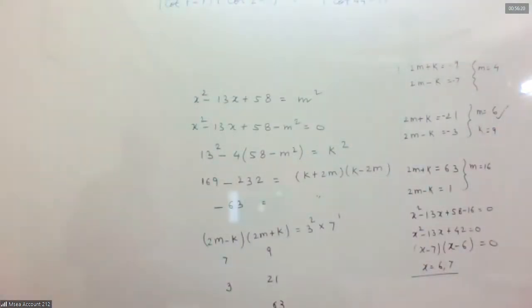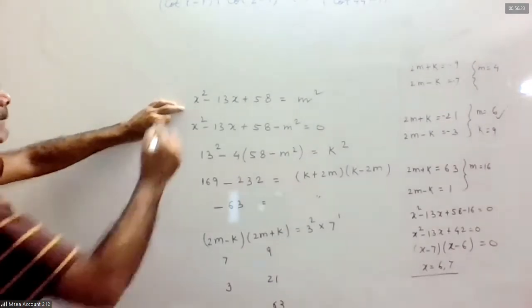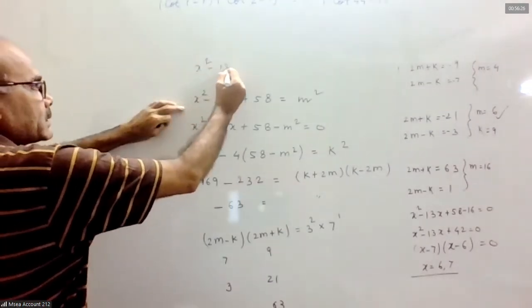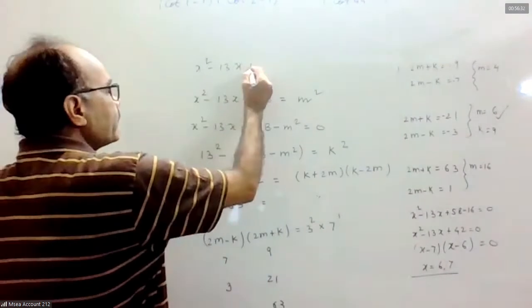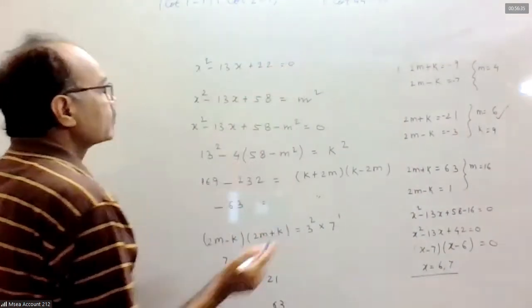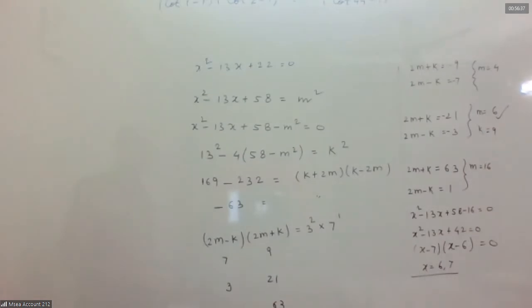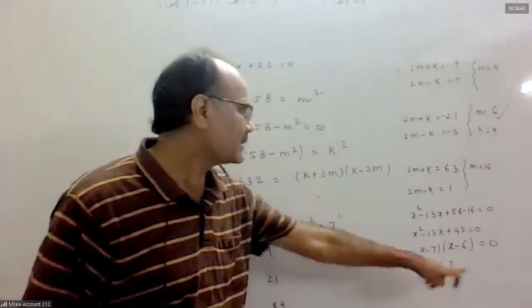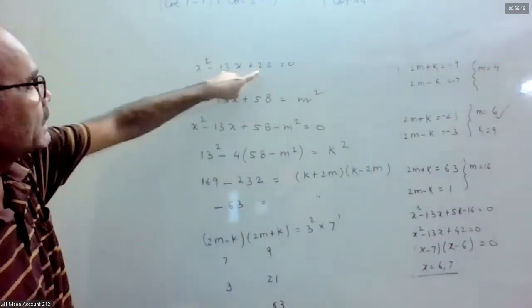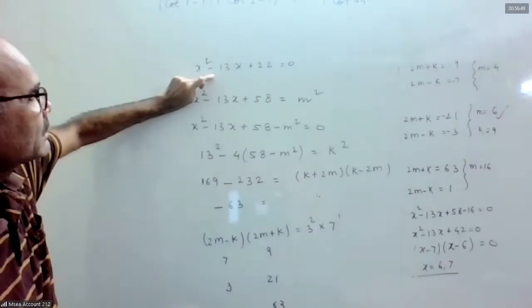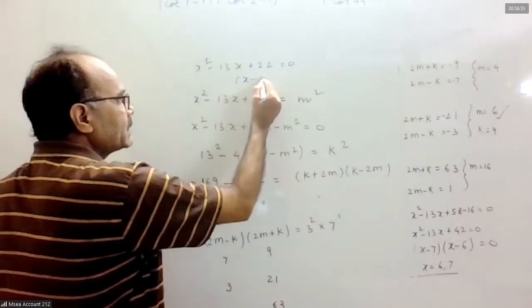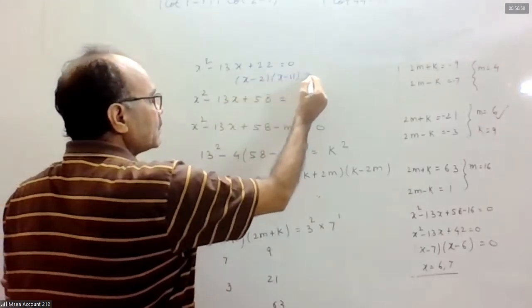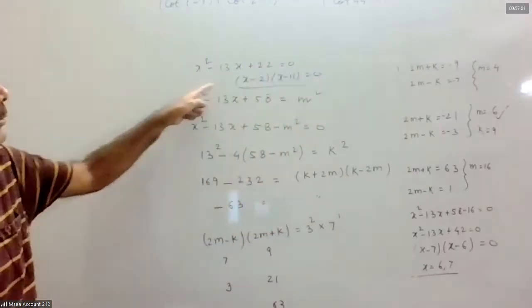Now for m 6, 36. X square minus 13x plus 58 minus 36, how much? 22. Yes, sir. We are getting for x equal to 7, 16, we are getting 4 square. For x 6 and 7, definitely it will be perfect square. That is good. Here 11, 2. What are the factors? X minus 2 into x minus 11. Here also we are getting integer. For x equal to 2 and 11, this will be square of some integer.